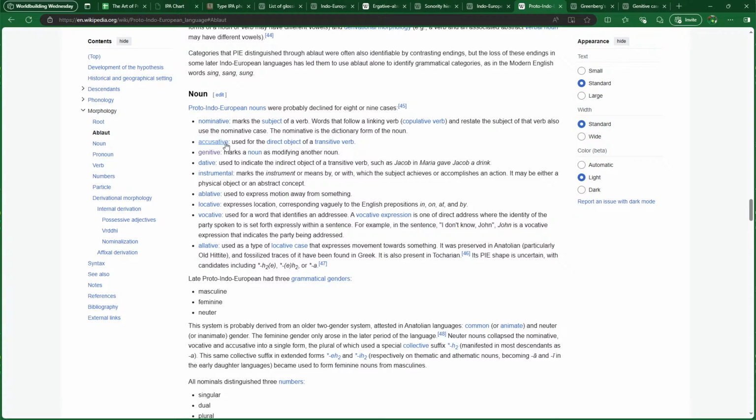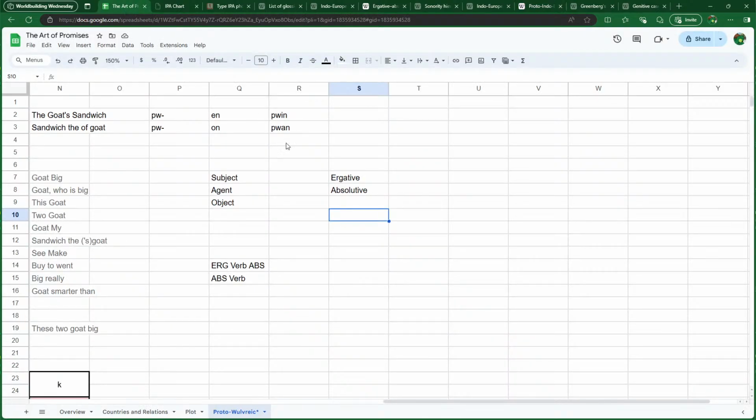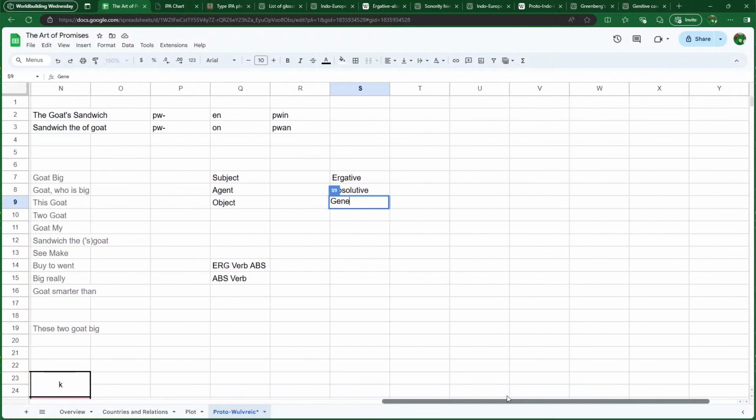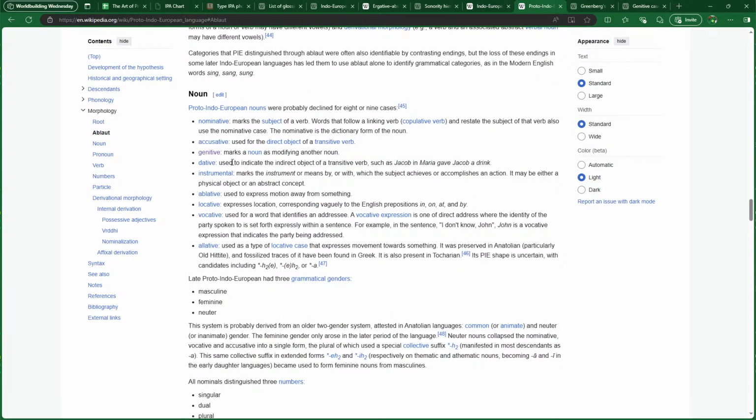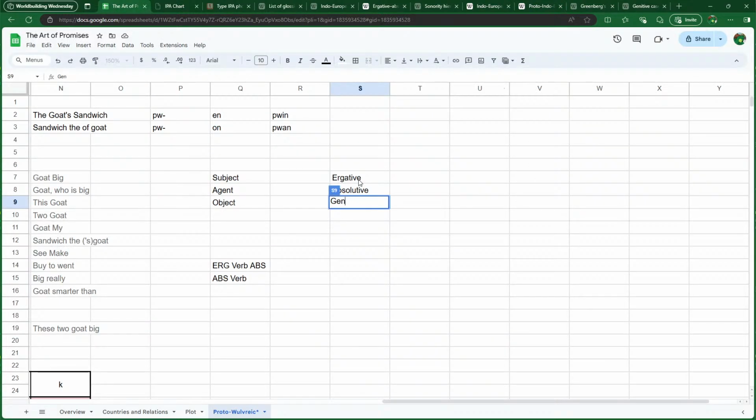So, ergative, absolutive, we're still going to have the genitive. Genitive. And then,